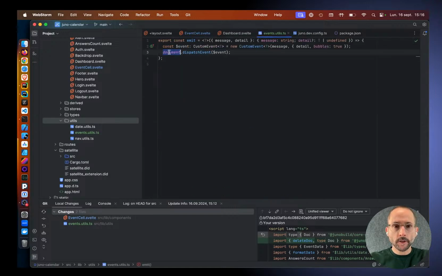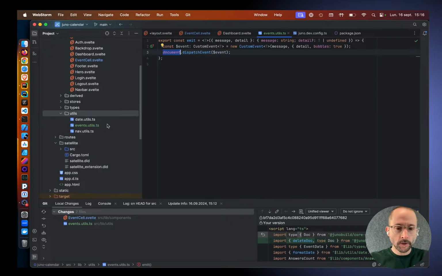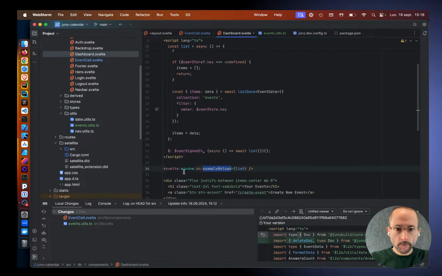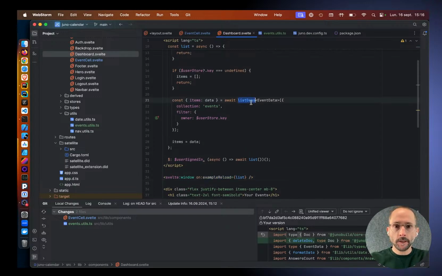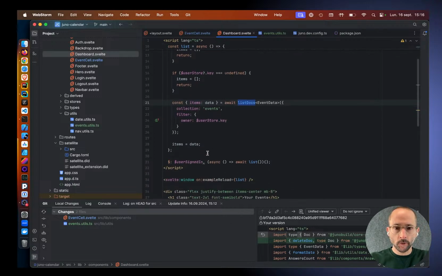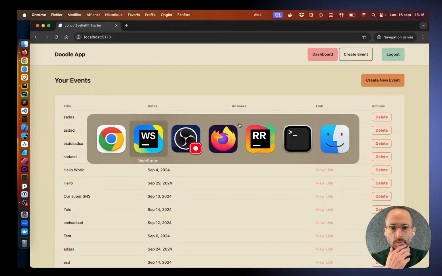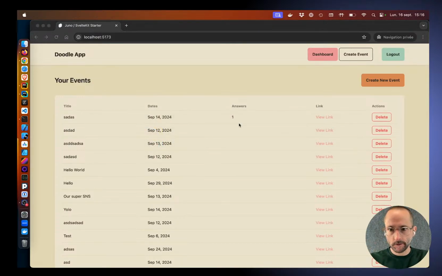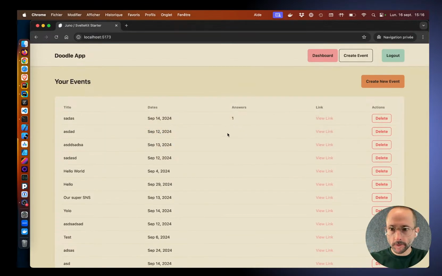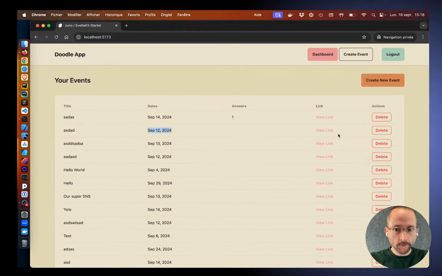So we dispatch an event on the document, and in our dashboard, I think it is, we have a Svelte listener on the whole window that listens to this event, and if it happens, it's just going to reload all the document. It's debatable if we implement that in a real app, but we are just in a test. So if I delete this one here now,